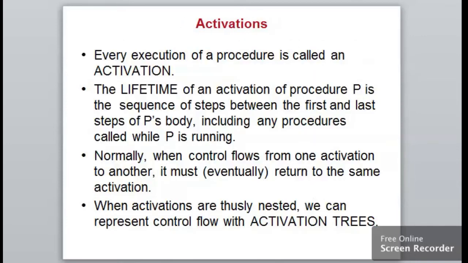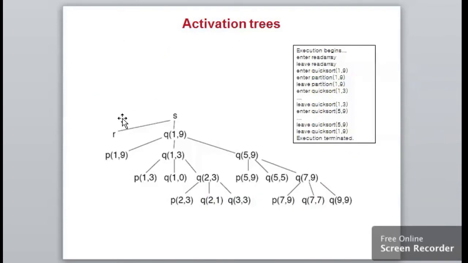So already we have seen an activation tree. The activation tree represents the entire set of procedures that were called during the execution of that program until the execution is terminated. So Q, P, R are all procedures and functions that are in execution, or once have been in execution. Once they have been in execution, they will be represented in an activation tree in the order of the execution itself.